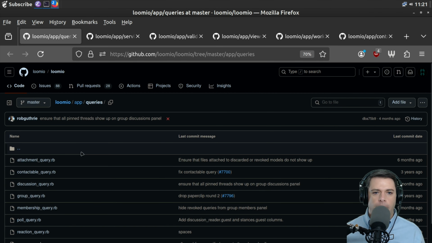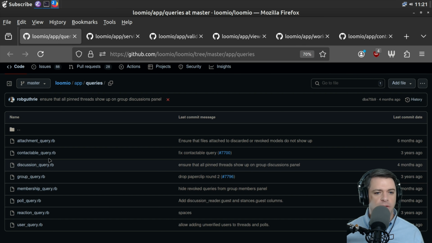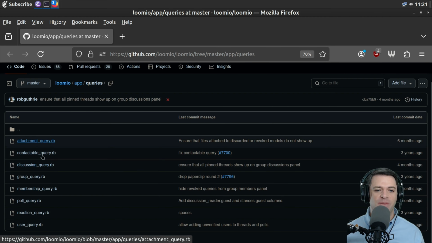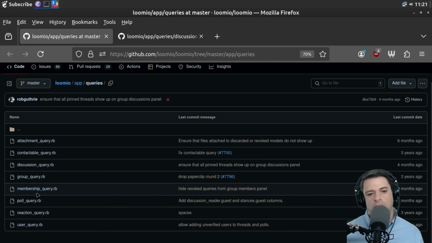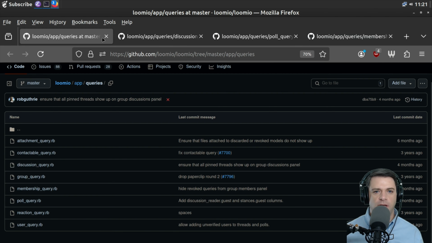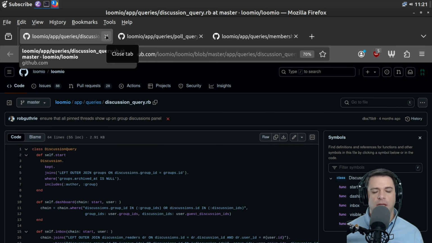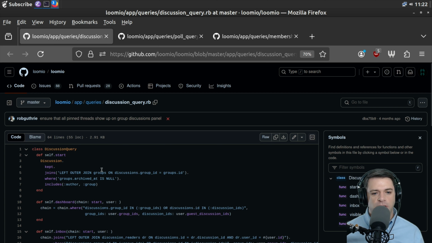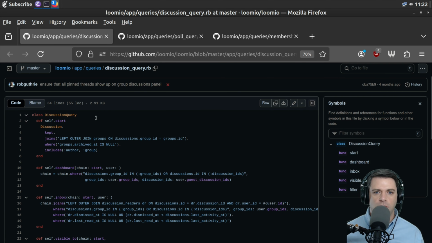So that's users. Here are some queries. We've got attachment query, presumably looking for an attachment like a file. Contactable makes a lot more sense for communications software. Discussion query. I'll look at discussion query, and poll query. And membership. Membership is generally harder than it seems, at least at scale. If you have a relatively flat organization, membership is easy to do. All right, discussion query